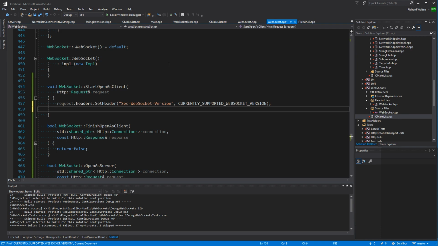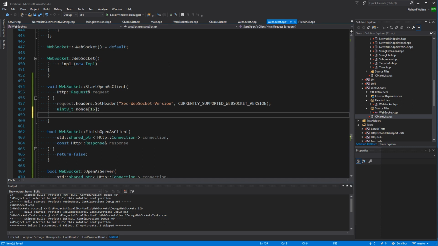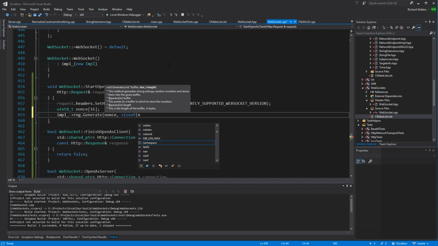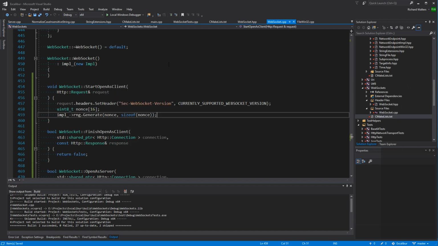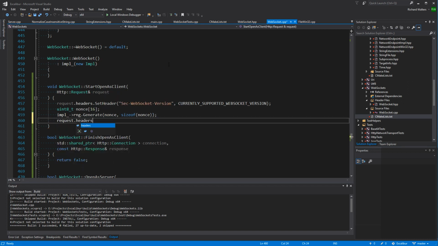So, uint8_t nonce. It's got to be 16 bytes, and we'll say impl rng dot generate nonce, size of nonce, and then request dot headers dot set header Sec WebSocket